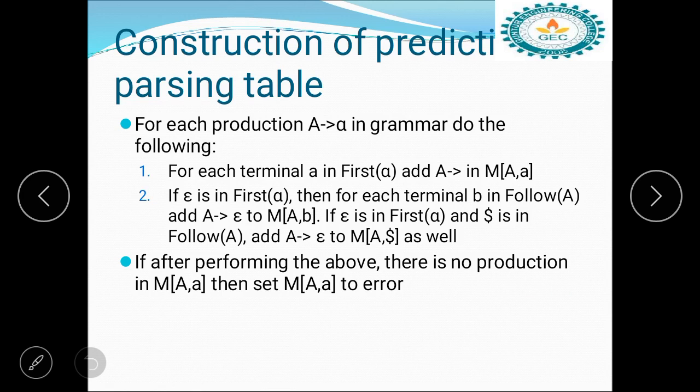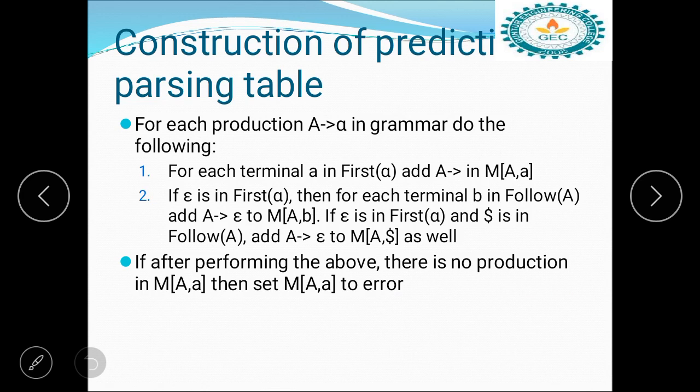So here is the general process. The predictive parsing table has two parts, a row part and a column part. The row side has the non-terminal values and the columns have the terminal values. Using any production, you can directly reach the terminal value and write the productions.